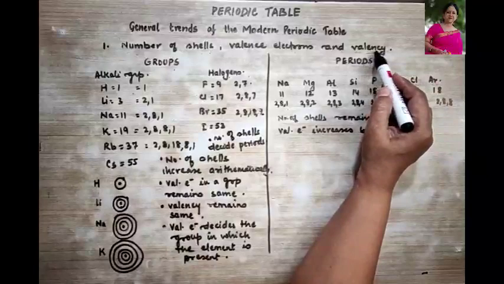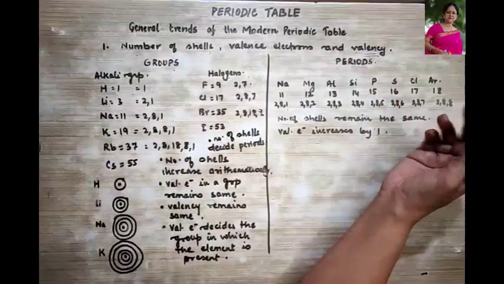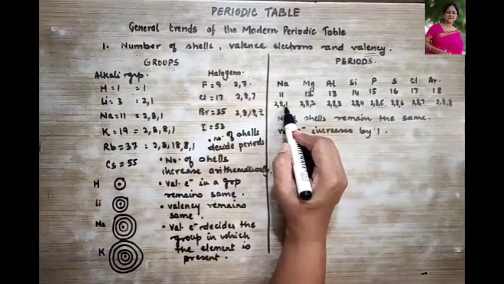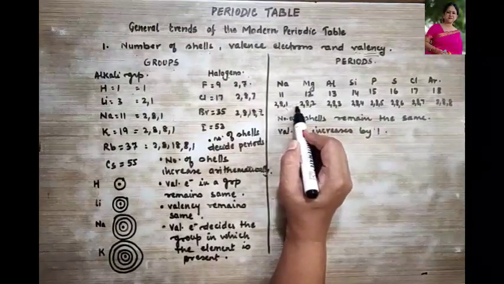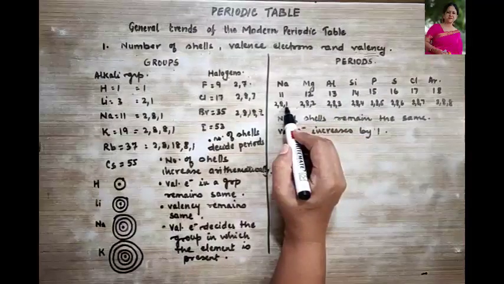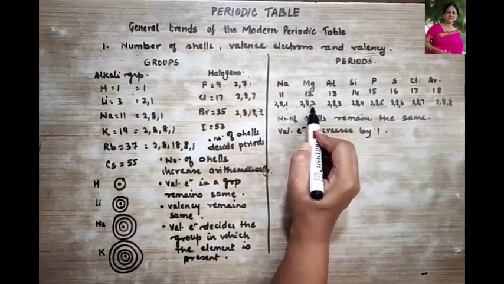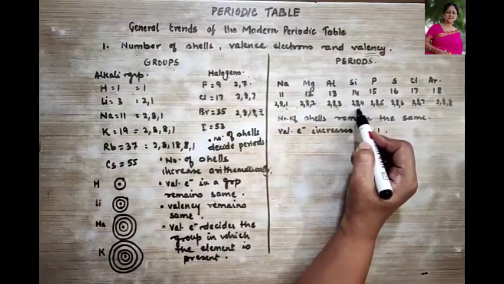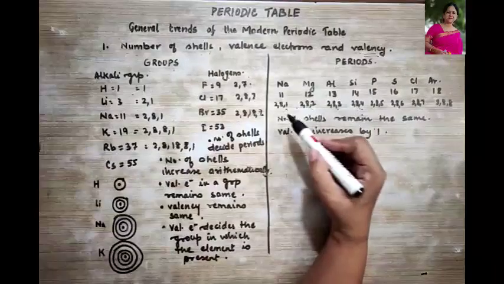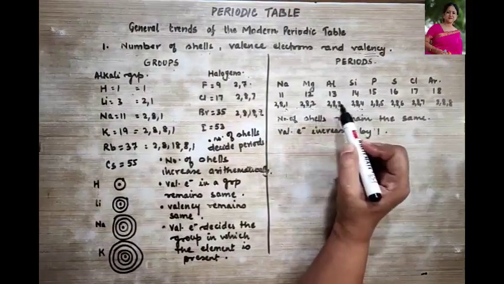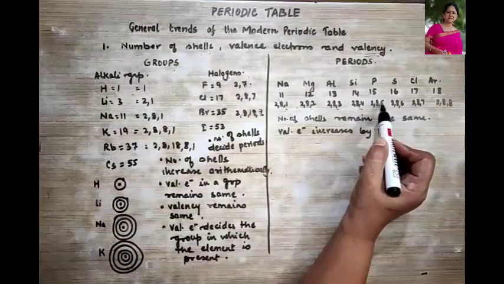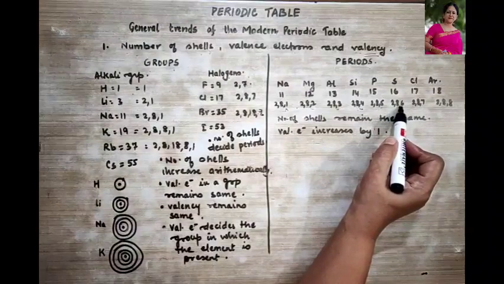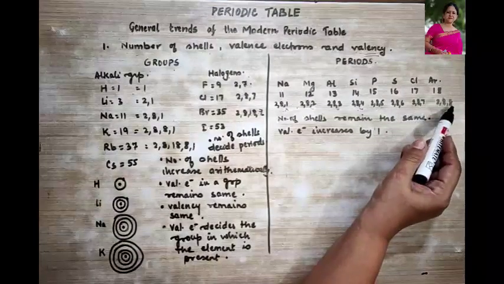Now, let us talk about valency. What do we know? Valency is the combining capacity. Okay, so look over here. It needs what? 7 or give away 1? Give away 1. So, its valency will be plus 1, plus 2, plus 3. This is plus minus. Whether it gives or takes, it hardly matters. So, sharing will take place over here. So, 1, plus 1, plus 2, plus 3, plus 4. Now, to follow the octet rule, what will happen? This will accept 3, 2, 1 and this is 0.